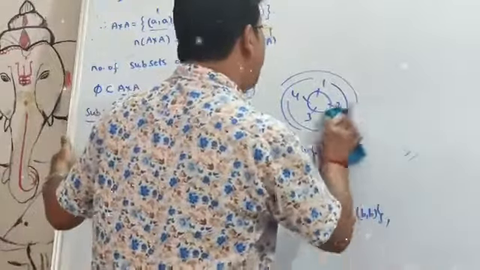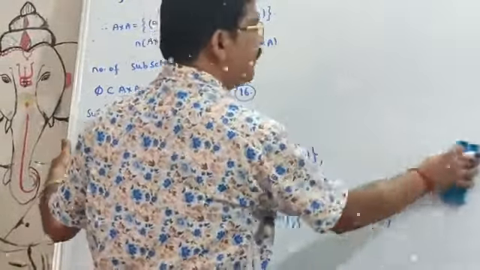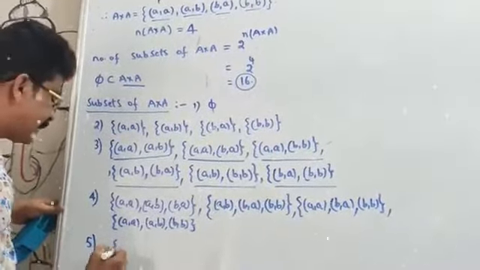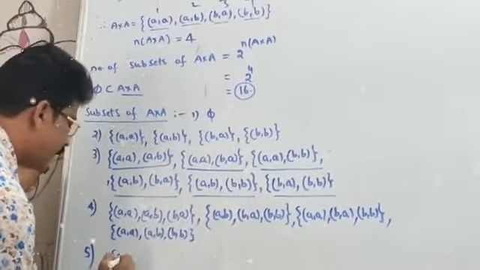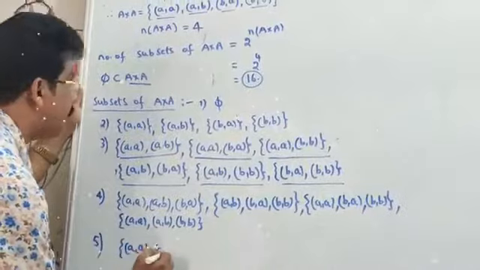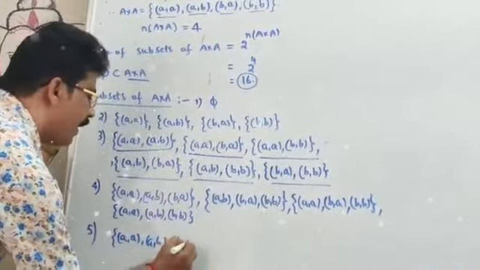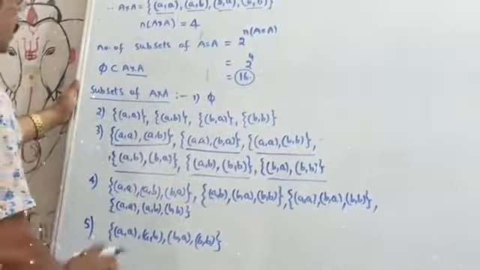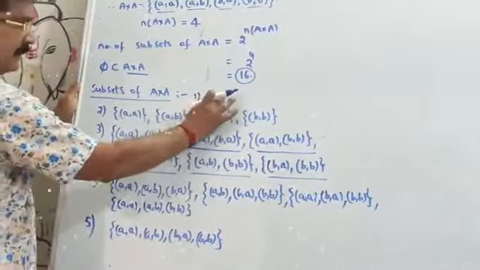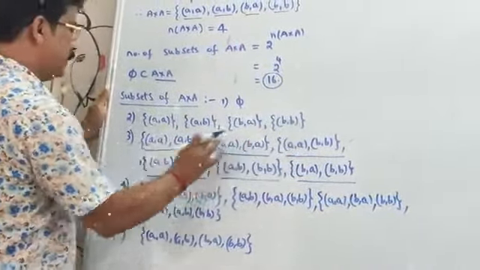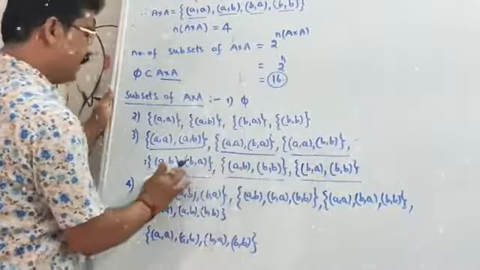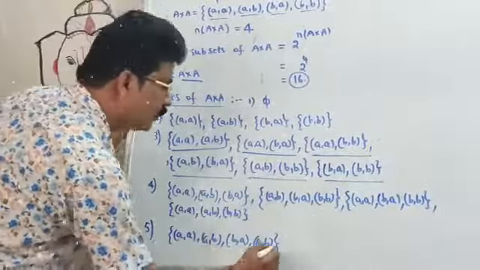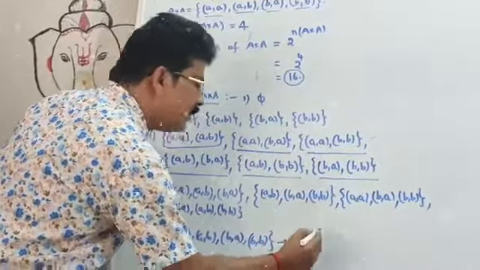Next, all 3 over. Next, all means 4C4, 1, only 1. So this is the fifth point. The set of all means set of A comma A, comma B, comma A. Next, B comma B, comma B. So therefore, 1, 2, 3, 4, 5, 6, 7, 8, 9, 10, 11, 12, 13, 14, 15, 16. So total 16